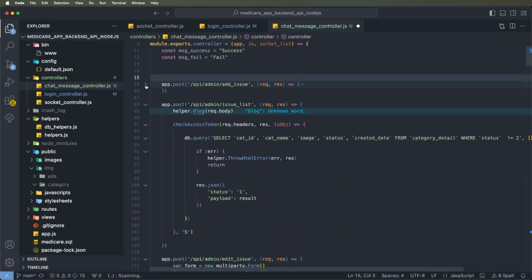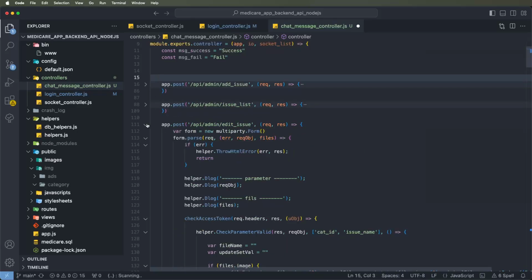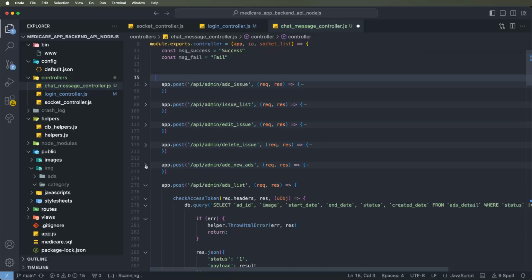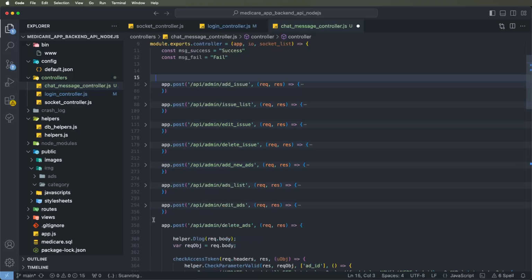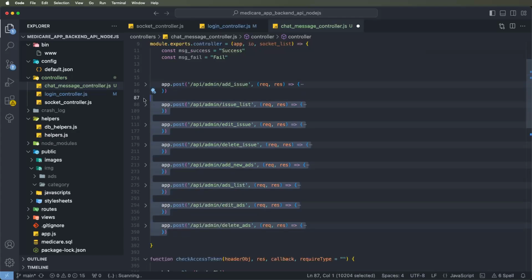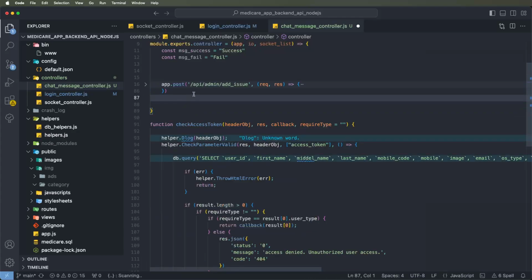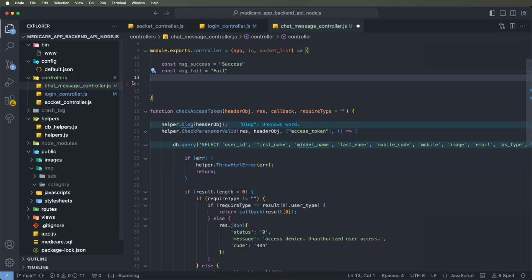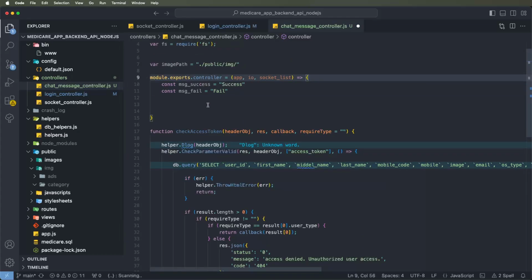We need the add API here because we need to use multi-parts, since it should be possible to send a text message, an image or any files. That's why we need the upload code here, and only the add API needs to stay. We need to copy and paste and use it like here. The rest we can remove, it does not matter, because we will write these functions again and explain them